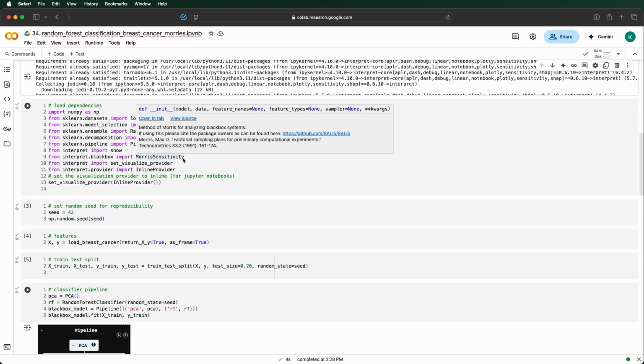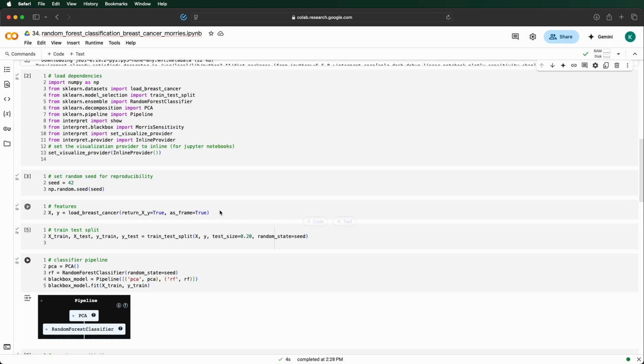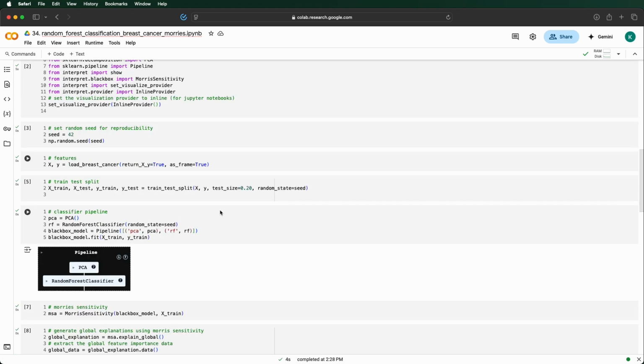I load the breast cancer Wisconsin dataset using Sklearn's load breast cancer function, with return X y set to true and as frame set to true to get features and target as data frames. The dataset contains 569 samples of breast cancer tumors, with 30 features like mean radius, worst area, and worst symmetry, derived from digitized images of fine needle aspirates. The target is binary, 0 for malignant, 1 for benign, with 212 malignant and 357 benign cases,